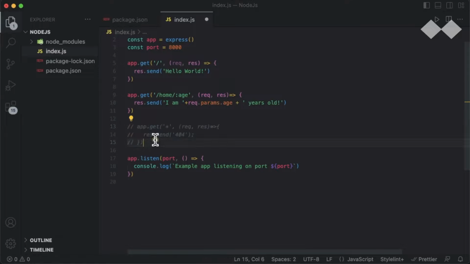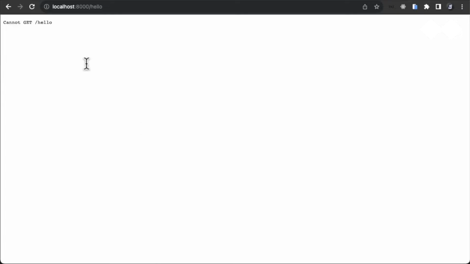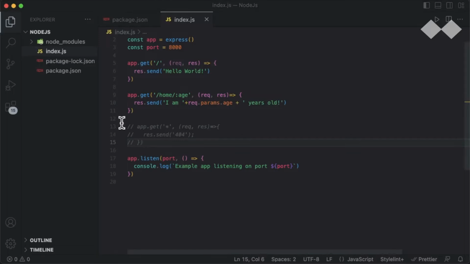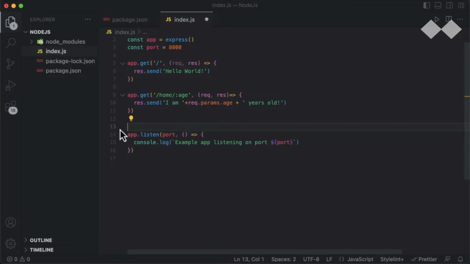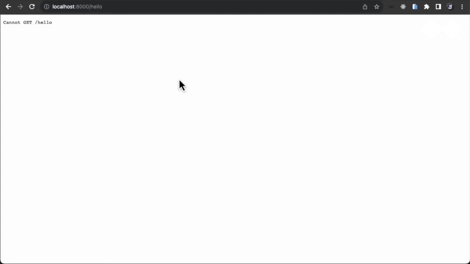Let's take it out and check it. It is not working now. We can use this star function to catch all other undefined requests from the client, but we should place this function after all the other routes, or else, it will kill all of our routes and take charge of all the GET requests in the server and